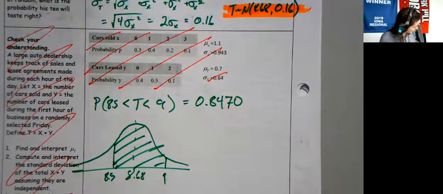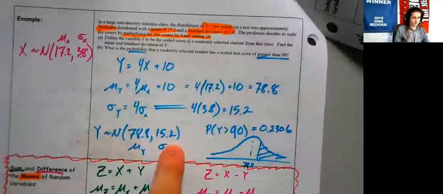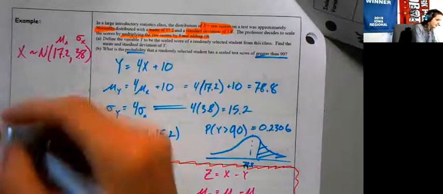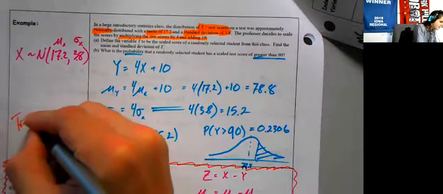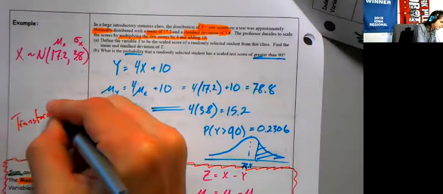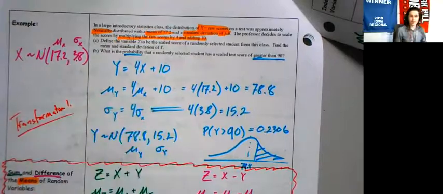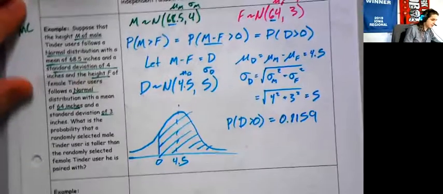Okay. I'm going to do one more example. We've done, what have we done here? Let's take a look. We've done a transformation. Let's write that down. This is one thing. This is what I do to your test scores. That's a transformation. We've got a specific combination here. This combination,